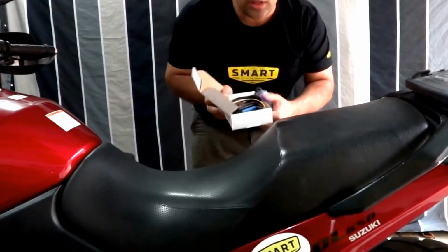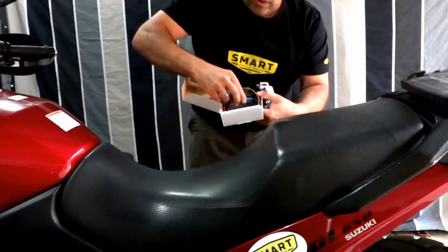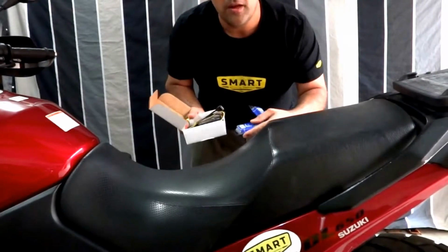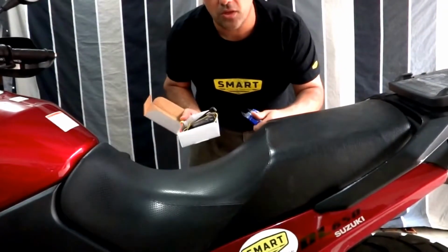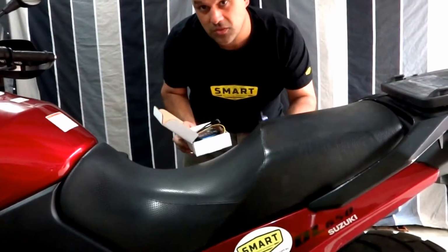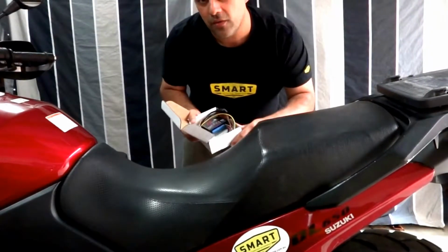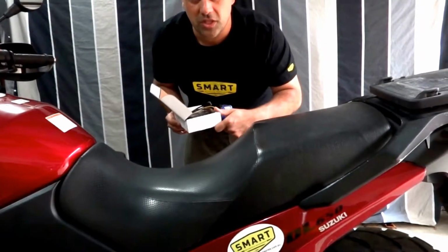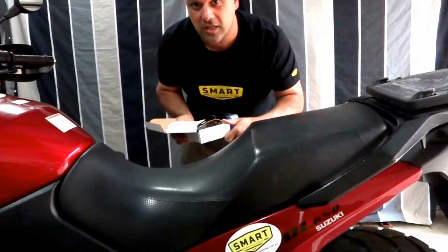Today we're going to install the Neutrino power distribution block on the V-Strom 650. I've got an initial fuse block already installed. I'm going to remove all of that. It only contains 3 circuits, and on the Neutrino I've got 6 circuits plus a charging circuit. So you'll see the install as well as